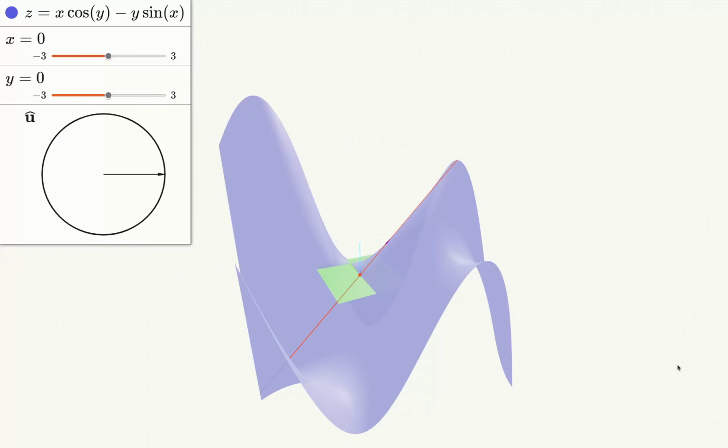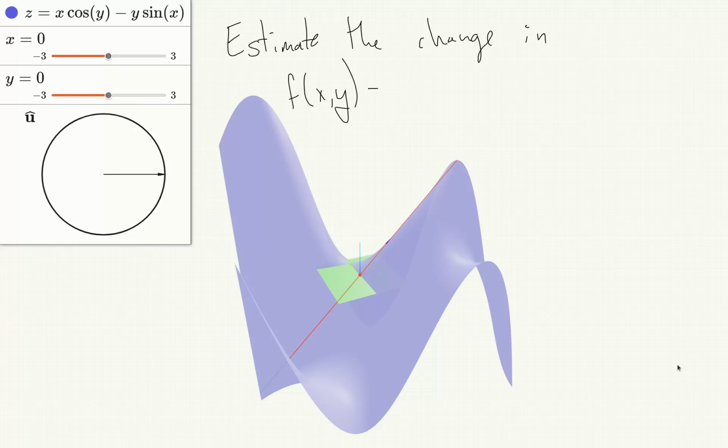One of the things calculus is really useful for in one dimension is giving us linear approximations to functions which are more complicated than linear functions. And we can do the same thing in higher dimensions. So for example, let's see how to estimate the change in the function f(x, y) = x cos y - y sin x when (x, y)